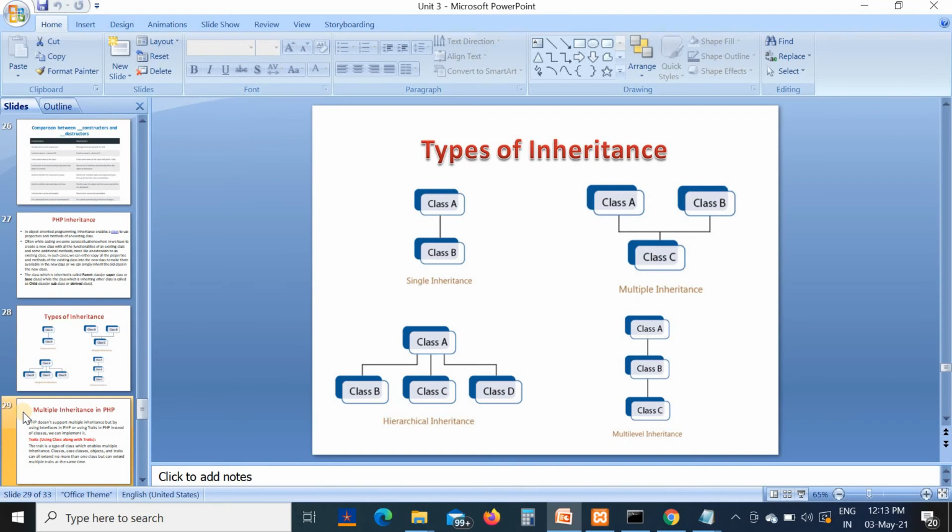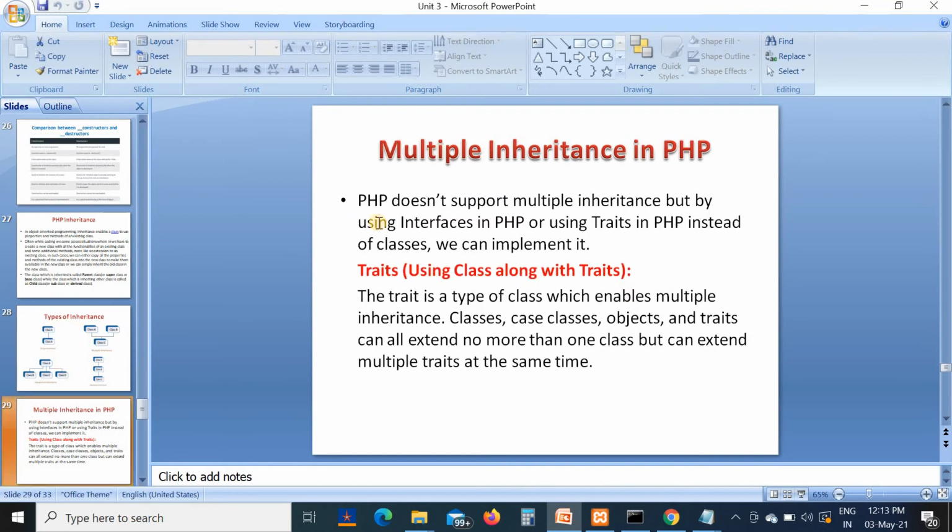See the multiple inheritance in detail. PHP does not support multiple inheritance. Actually, PHP does not support the multiple inheritance concept. But by using interfaces or traits in PHP instead of classes, we can implement it.